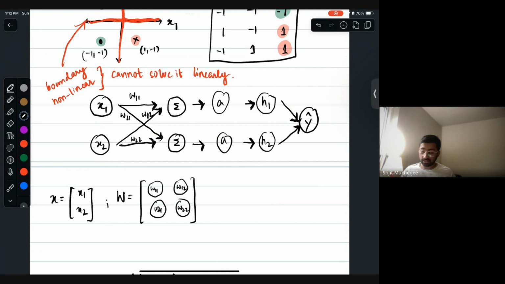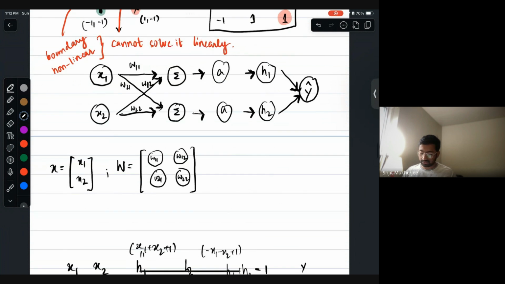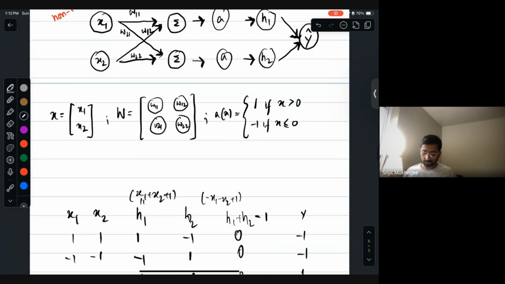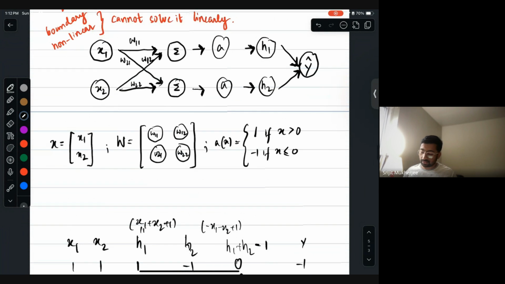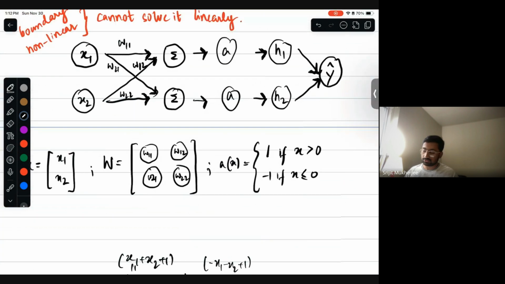Let's call it ReLU. Actually, we will use a different activation function here. Let's use another step activation function. So the activation function of X is defined as 1 if X is greater than 0, minus 1 if X is less than or equal to 0. That's it. Simple. So the question is, can we find, and let's also call it the bias. We have a bias. Another important thing is that after this layer, there is another set of weights. Here, let's call it